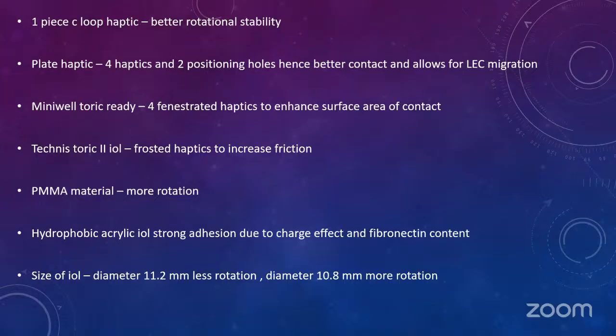So a small amount of lens epithelial cells, if they migrate, create a contact between the IOL and the capsule, thus preventing rotation. Newer generation toric IOLs, such as the Miniwell Toric Ready and the Technis Toric 2 IOL, were designed to make sure that there was no rotation. They modified the IOLs; for example, the Miniwell Toric Ready has 4 fenestrated haptics to enhance the surface area of contact, whereas the Technis Toric 2 IOL has frosted haptics